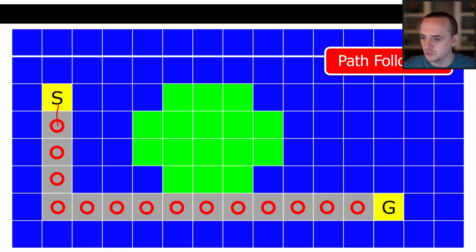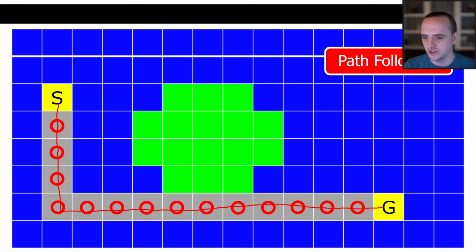Once we've reached the first waypoint, we go to the second waypoint. Second waypoint, we go to the third waypoint, to the fourth, and so on and so forth until we actually get to the goal from the final waypoint. Okay, so this is a very simple example of actually doing path following in games. So path finding, that's sort of the algorithmic side of finding the path, and path following is how do we actually make our character walk the path in the game.